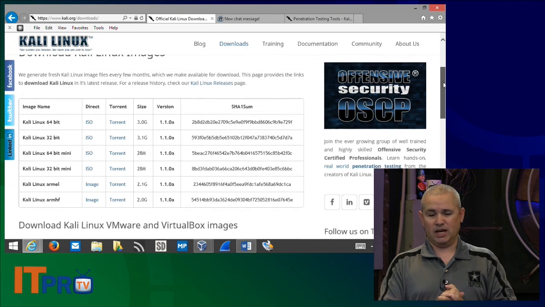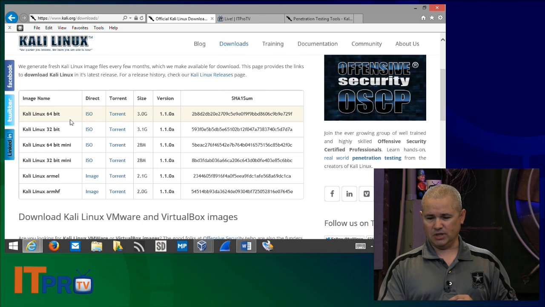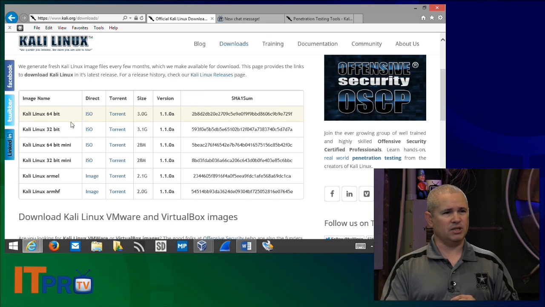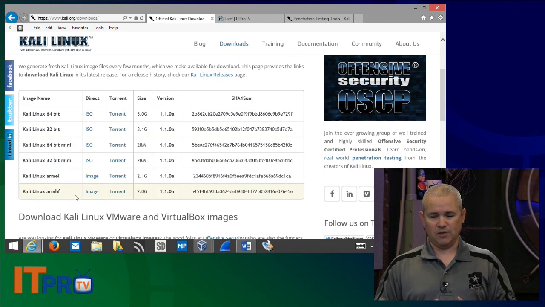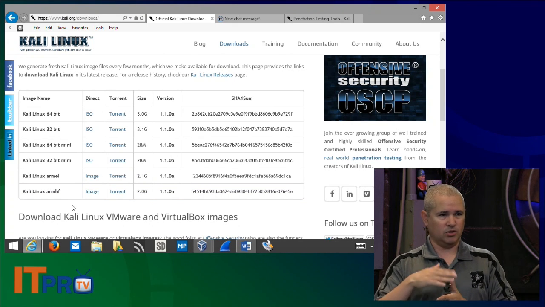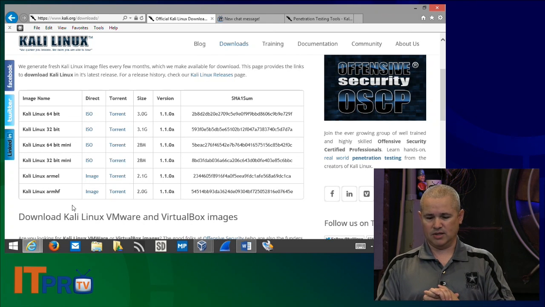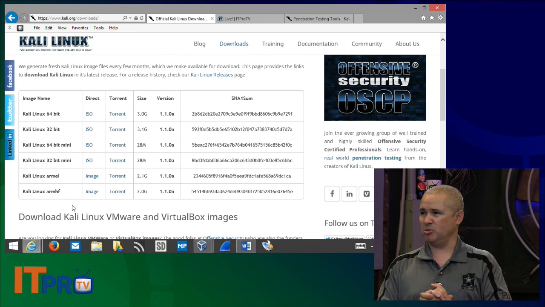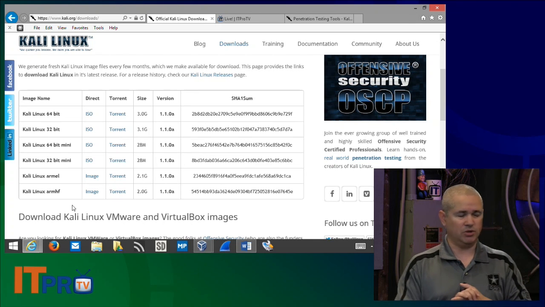The first thing I'm going to look at is what you're seeing up top there when you look at those downloads. Those should be the ISOs right up top, and they also have them available in the torrent version. If you get any of those ones up top, once you download them, you can install them directly onto your hard drive, burn them onto a CD or DVD, as the case may be, or put them on a flash drive. You've got that option. That's precisely what those are for.